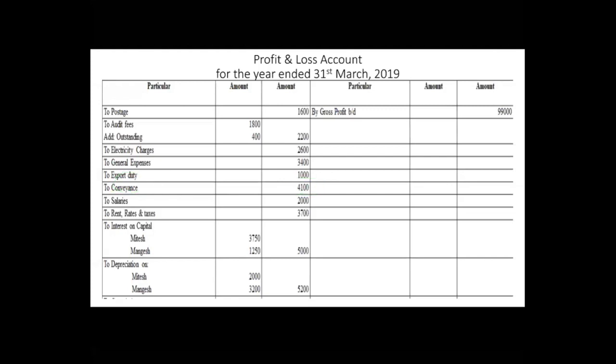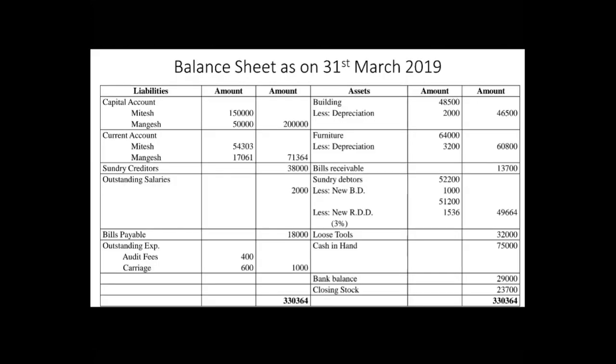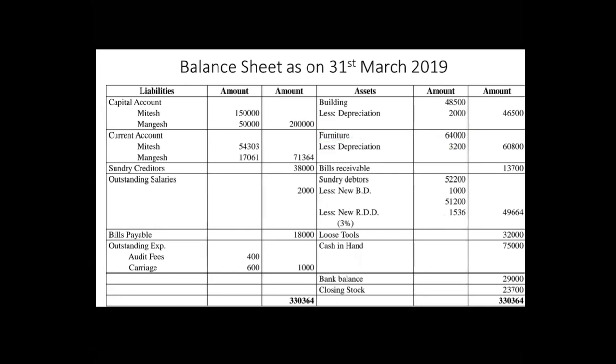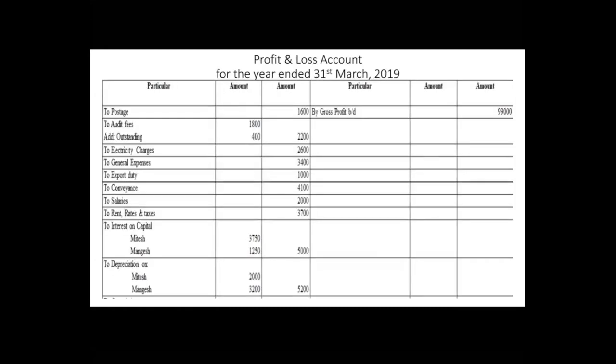The next one is the furniture. Okay, now what is furniture? Furniture is an asset. So furniture will be recorded in balance sheet on the asset side, and on furniture you are having an adjustment. That's why the amount is recorded in the first column. The next one is a salary. Salary is again an indirect expense. So you are going to record this salary in the profit and loss account. If you see, this is a salary and there is no adjustment on salary. That's why the amount will be recorded directly in the second column.